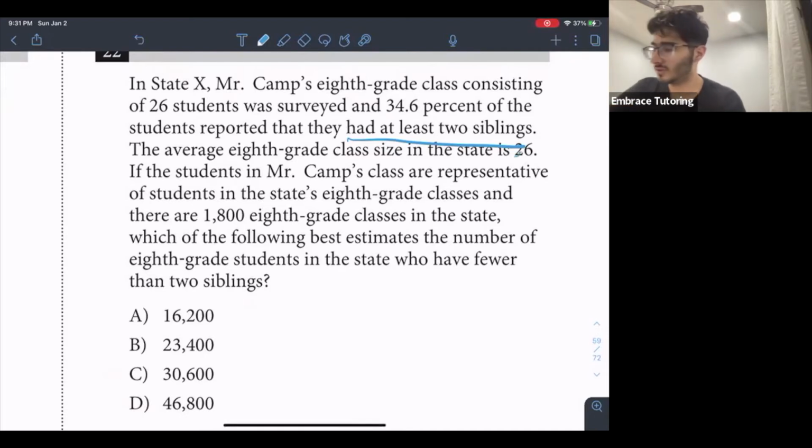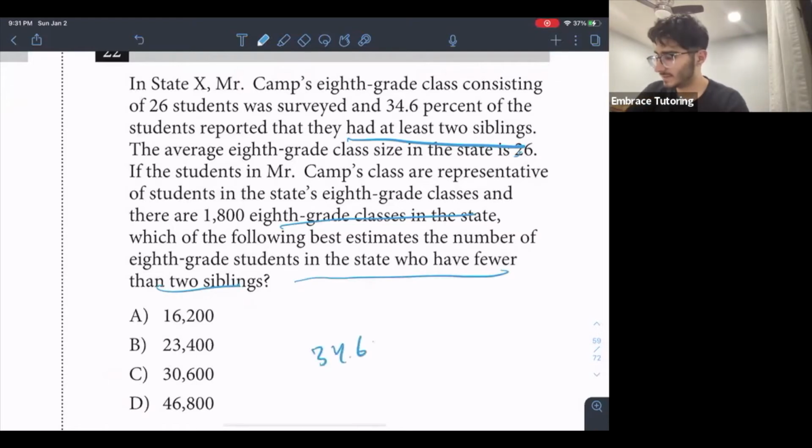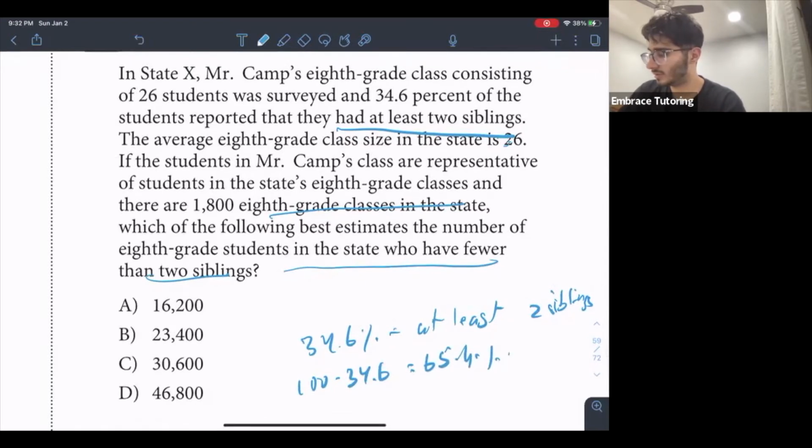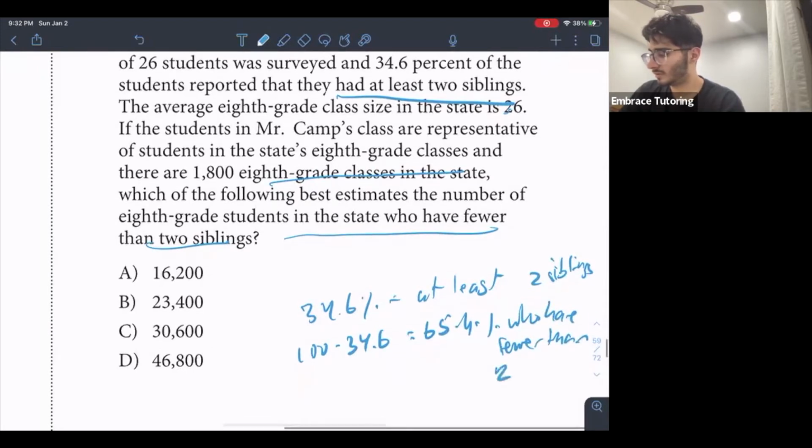If the students in Mr. Camp's class were representative of students in the state's 8th grade classes, and there are 1,800 8th grade classes in the state, which of the following best estimates the number of 8th grade students in the state who have fewer than 2 siblings? So if 34.6% have at least 2 siblings, that would mean that 100 minus 34.6 gives you 65.4% who have fewer than 2 siblings,